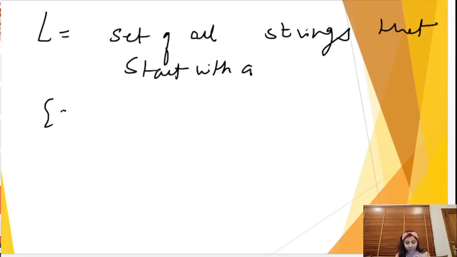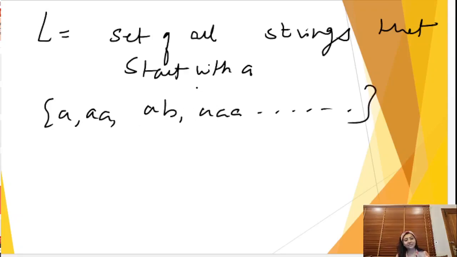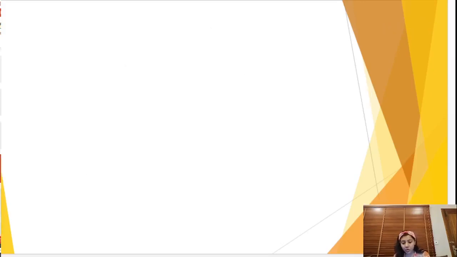Obviously, the number of strings is infinite. There can be an infinite number of strings. So in this case, it is not feasible to store all these strings in our memory. So we have to give a machine, or our compiler, a method to decide that whenever any string is presented to it, it can simply tell us whether the string is part of my language or not, right? So what we are talking about is, given any language, if this language is presented to some